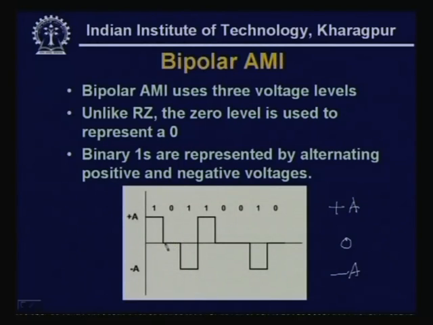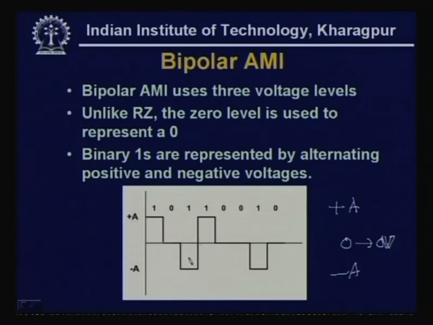So, the signal was returning to 0 both for 0 and for 1, but here it is not so. A 0 bit is represented by 0 volt. On the other hand, a 1 can have either positive voltage or negative voltage,